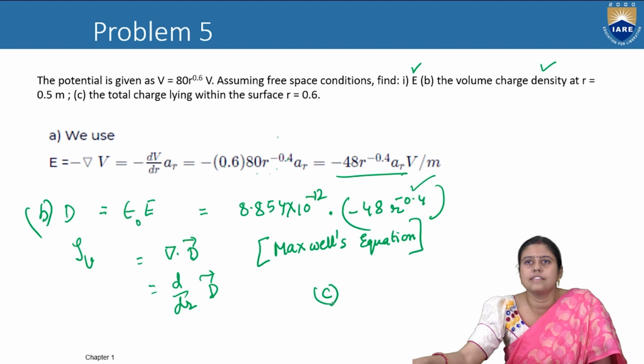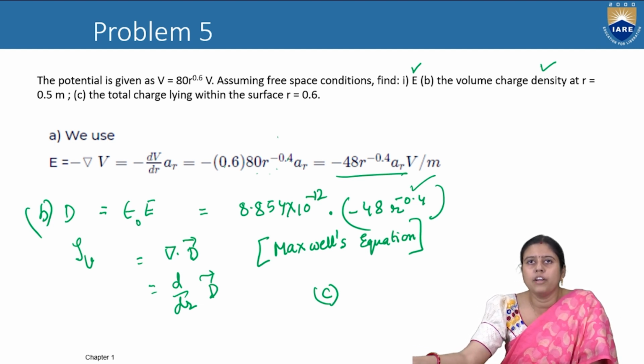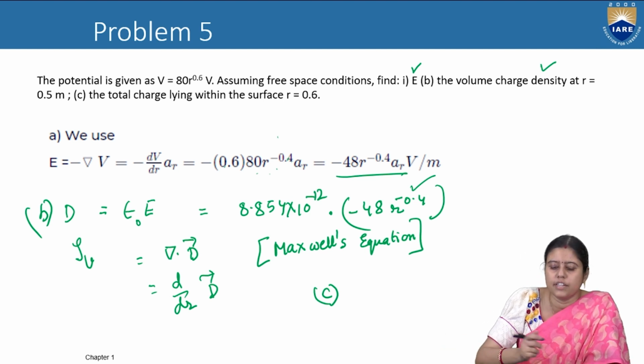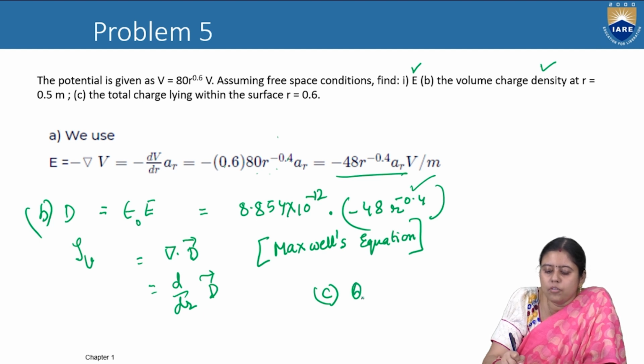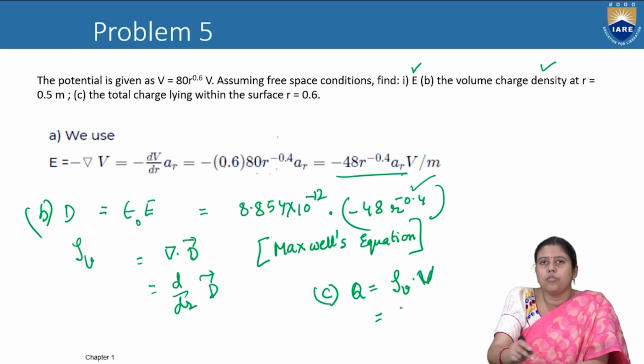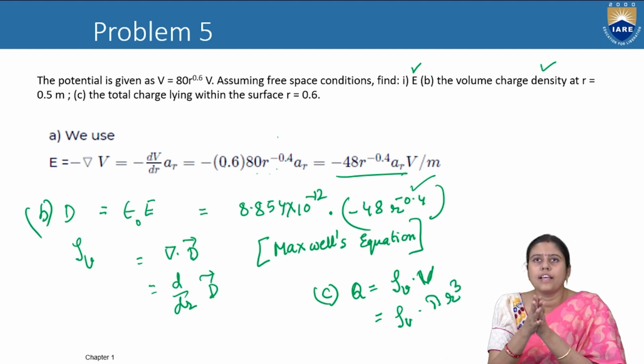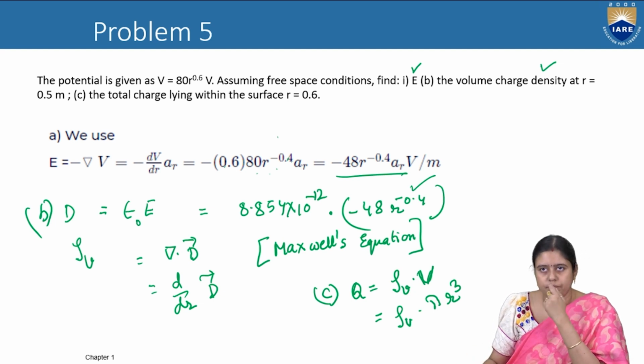C? In the C, we will calculate the total charge lying within the surface R is equal to 0.6. So what is the total charge Q? Q is equal to rho V into V, volume. So rho V value we got. What is the volume? 4 by 3 pi R cube. So rho V into volume. If we put the value, we can get the total charge lying within the surface. So we are getting